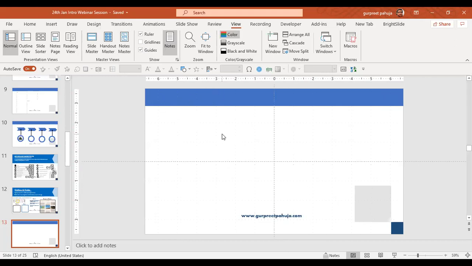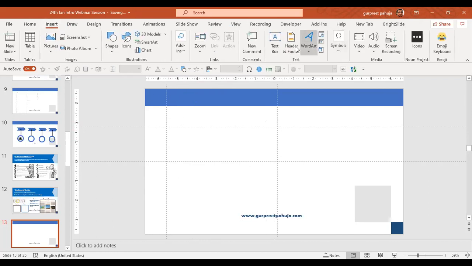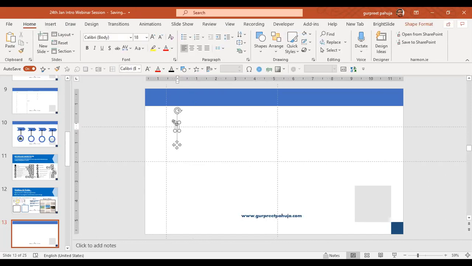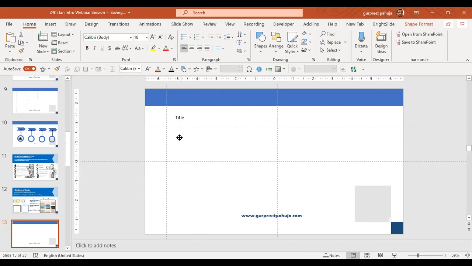So this is very helpful. I again go and select this, I add vertical guide and I add horizontal guide. So I know where I have to place my data. Suppose I want to start my text from here. Let me write a text, title. So every time I will start from here.